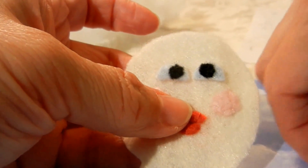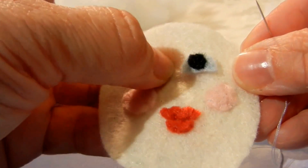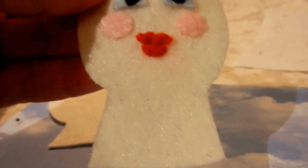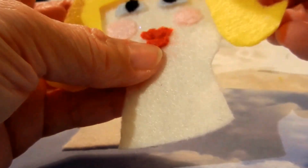Okay, next we want to sew on the eyes. So you're going to get your light blue thread and needle. I'm going to have just a bit of a gap. Not too much, because her hair is going to come down this way. Just want to make sure